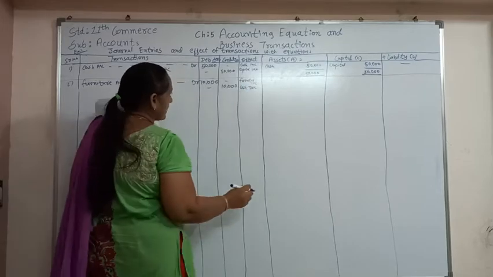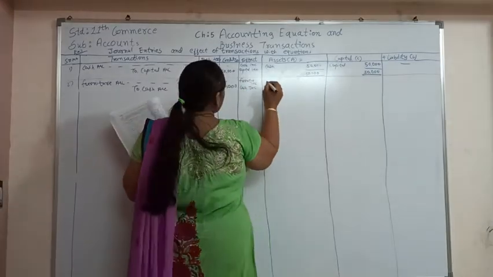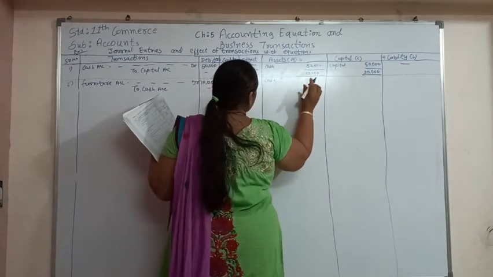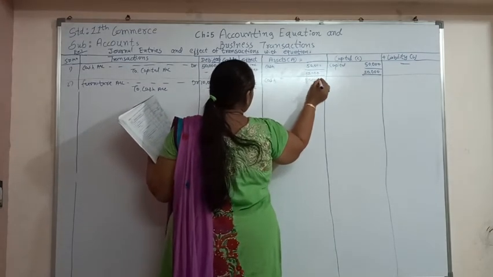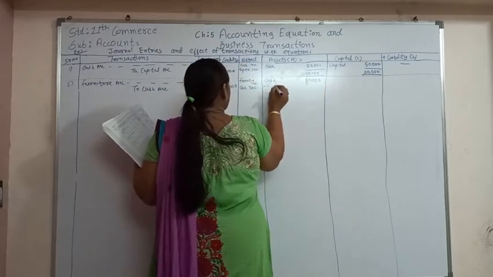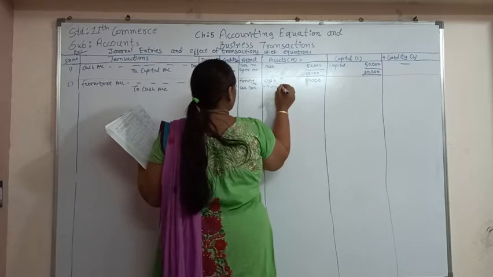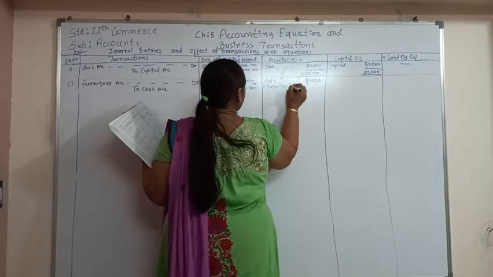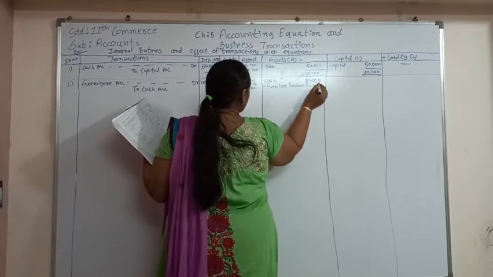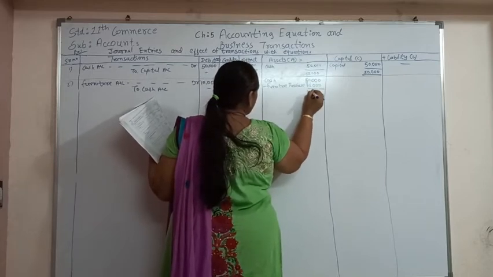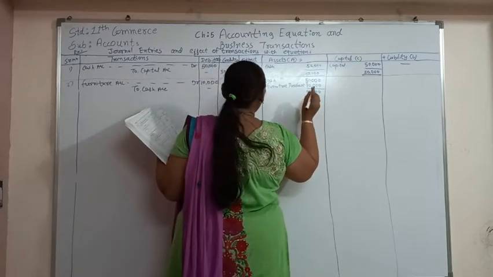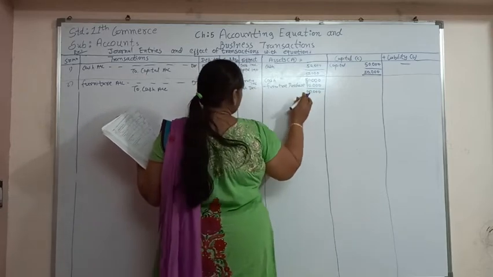So those two effects come. From here we can see that cash of rupees 50,000 is going to decrease, minus furniture purchase of rupees 10,000. So our cash account is now rupees 40,000,